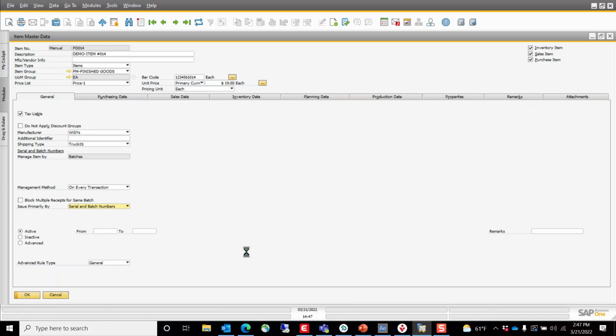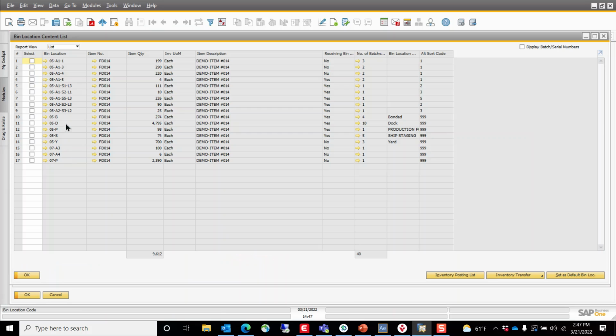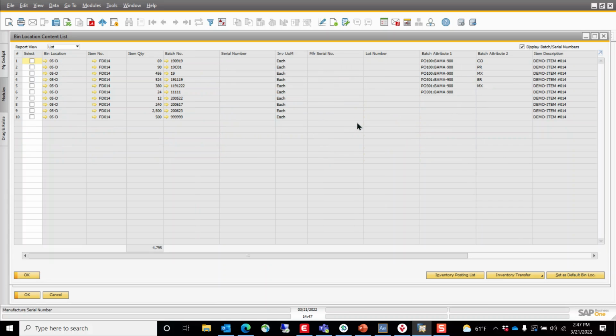We can go to our bin location content list and see that bin 05D has a total of 4,795. That will reduce to 4,792. And if we want to drill down into that, we can also see that our batch in that bin currently has 2,500, so that will reduce to 2,497,